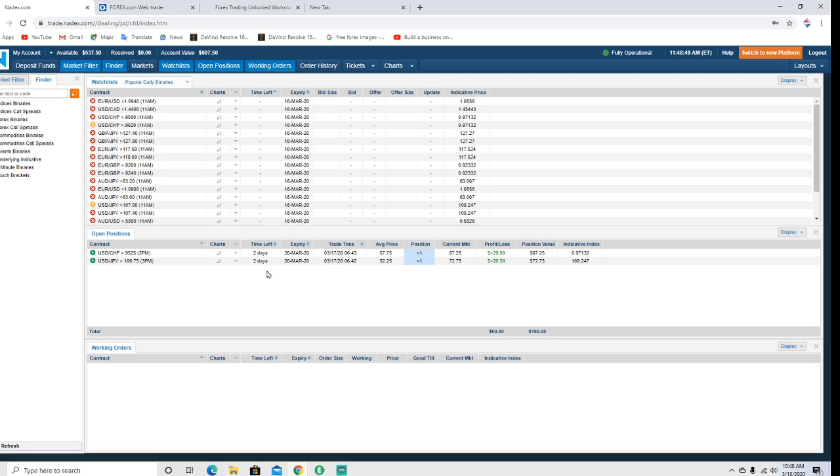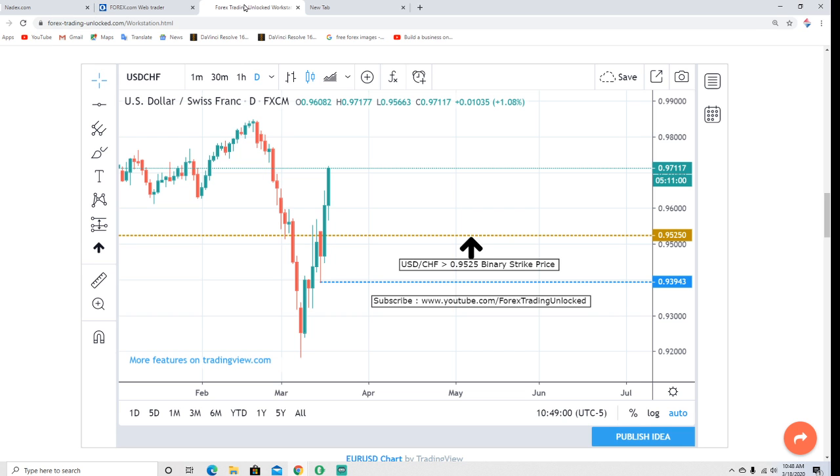We have 2 days left. It was purchased on the 17th, so that was yesterday. The trade is profitable, so the US dollar Swiss is greater than 95.25. So what does that mean? 95.25 means that if the market settles above this on Friday, then the option expires in the money and is a profitable trade. Only if the option expires below this strike price does the trade become a loser, which we still have the time to get out of any time before then. It is already a profitable trade.